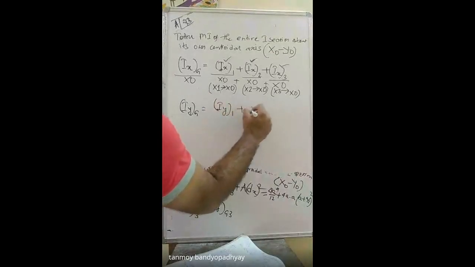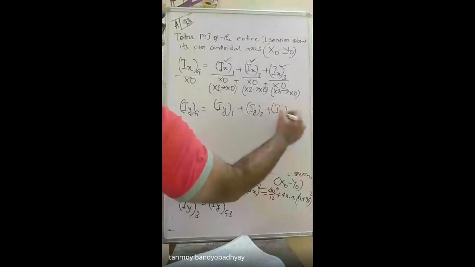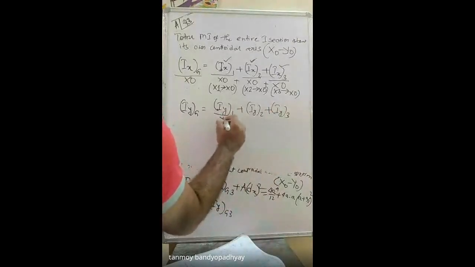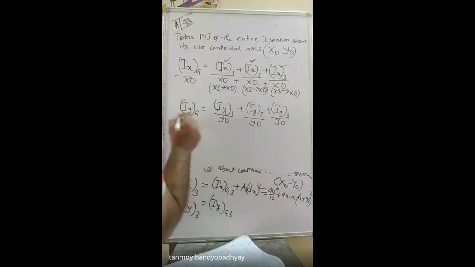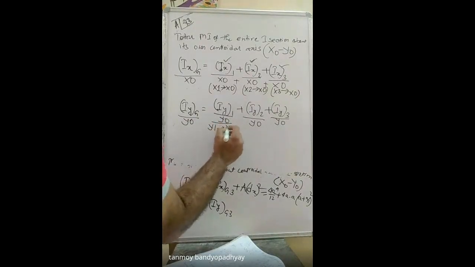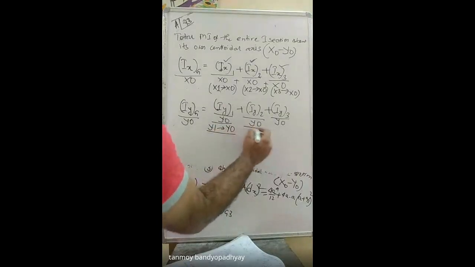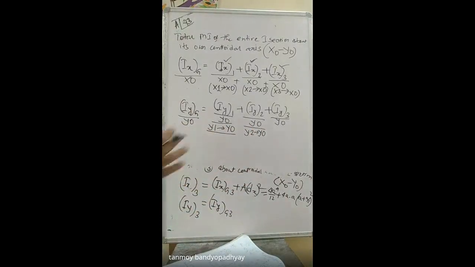So this is IY1, this is IY2, this is IY3. These are the contributions about Y0. Now go back to what we have done and check that this was about Y0 only, and this is about Y0 we are calculating. But initially this one was about Y1, its own local axis. We converted it to Y0 using the parallel axis theorem. It was initially at Y2, we converted it to Y0. They were coincident, so we didn't do the calculations. But this is the basic thing we had to do.